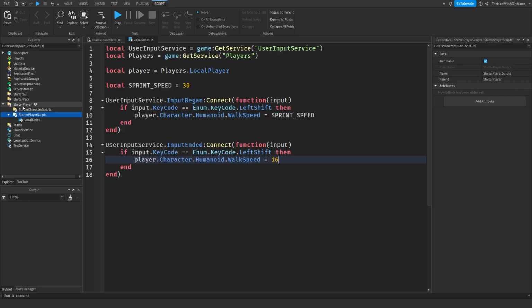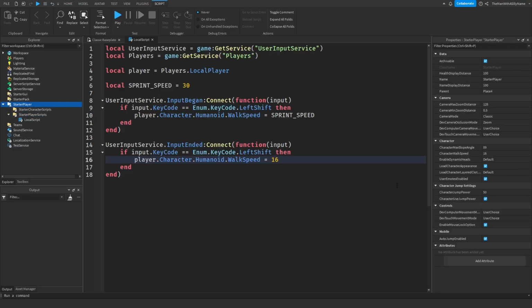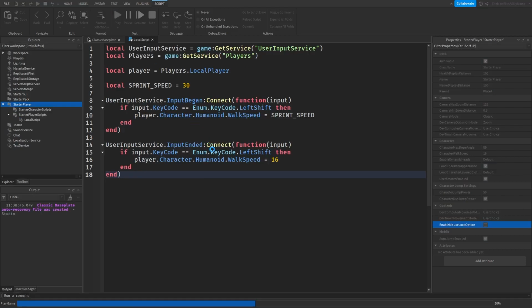And then one other thing we have to do actually is go to StarterPlayer and then disable this EnableMouseLock option. What this does is it disables shift lock, because when you hit shift, it's going to interfere with the script here. So if you go ahead and hit play,